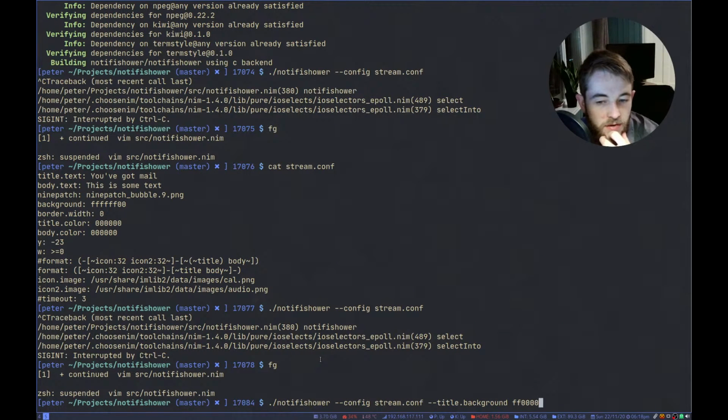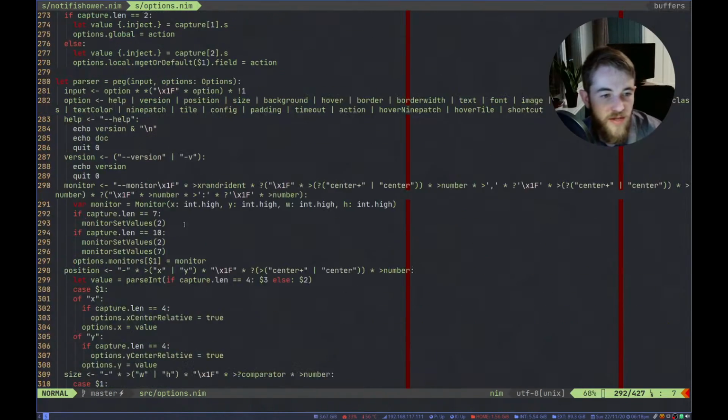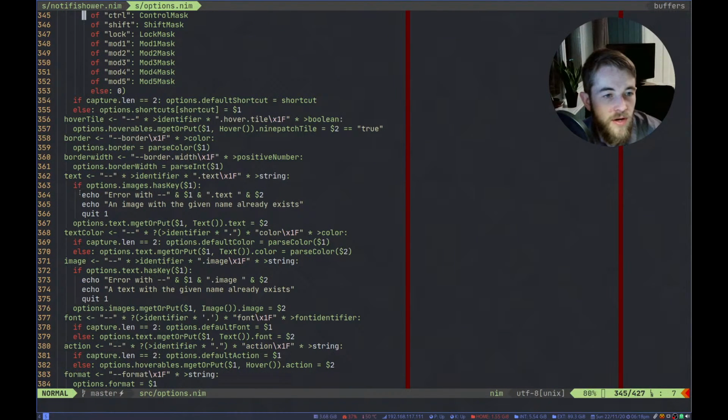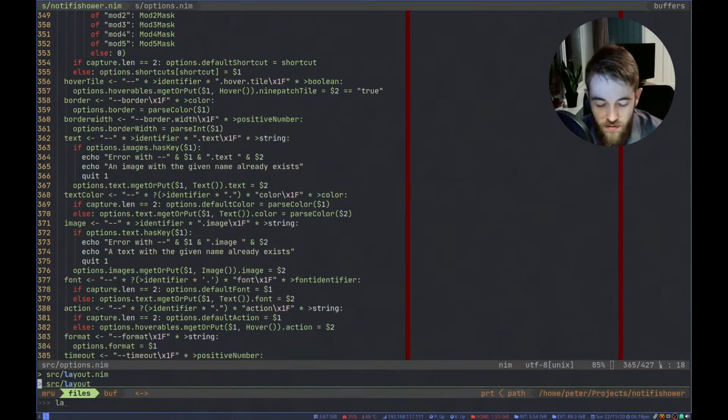Now, what we need to consider when doing this is that the way the parser works, it builds these before it adds them to a container. So if we look at the parser, I added some error checking in here.